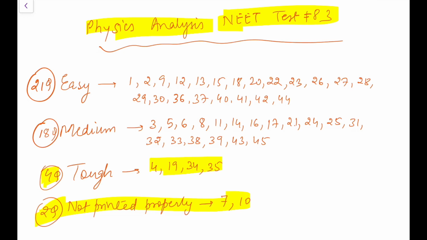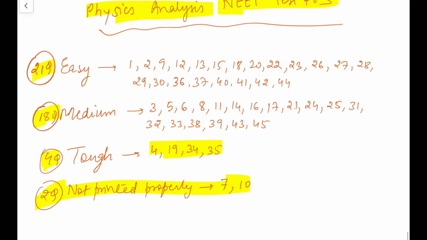You might find 1-2 of them not to be as tough. 18 were medium, 21 were easy. So the paper was of normal difficulty, but yes, it had some very good questions in it. Because 2 questions are gone, it is basically 172, not 180, out of which I am talking about. So anyone doing decent in physics should get 120 plus here, and very good students should get 150 plus in this paper. 155 I think might be a bit higher.